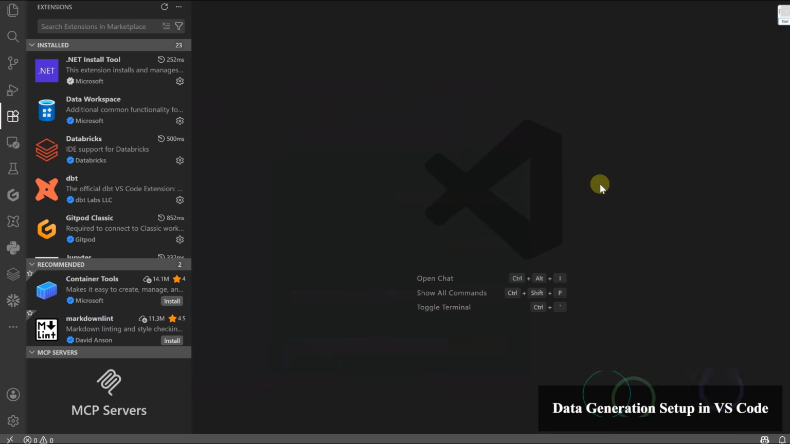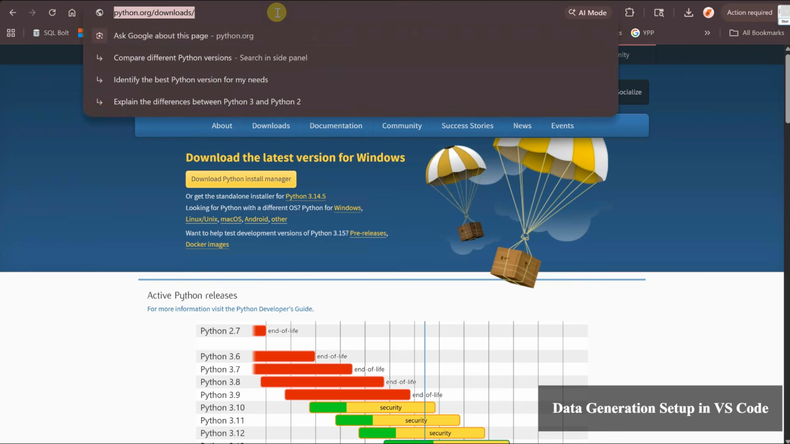This is my VS Code. I hope you guys have VS Code installed onto your PC. If in case you don't have it, then check the process of how to install VS Code. It is pretty straightforward. Before this, what we will do, come to this website,